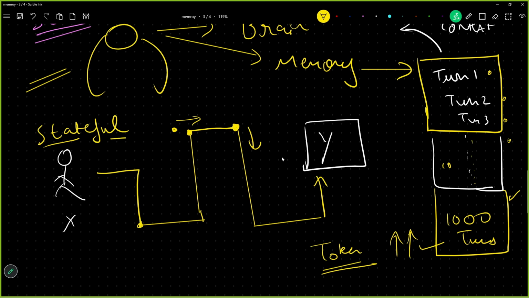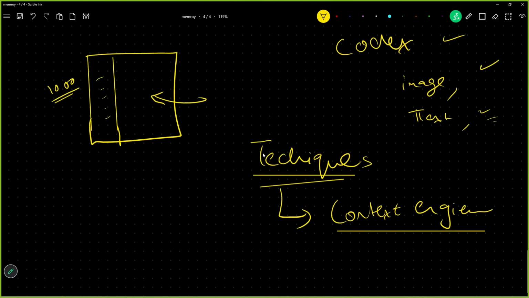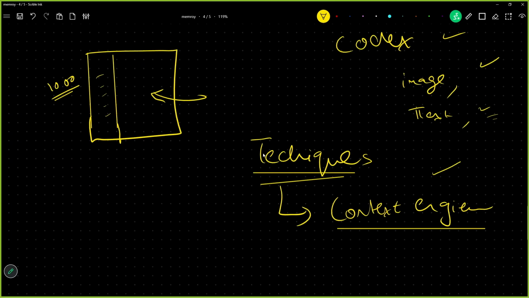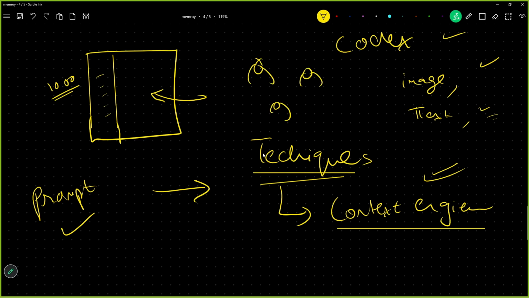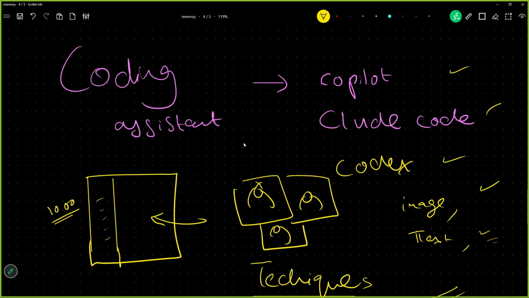So to manage all of this information in an efficient way so that the memory doesn't blow up, there are different techniques, and that is called context engineering. Prompt engineering is a different thing. Prompt engineering is where we instruct our AI agent how it is supposed to behave. But context engineering is where we manage how the AI agent is maintaining its memory across a single agent or multiple agents, right? This is what context engineering is all about. We will not understand context engineering now, but this was just an introduction to it, which is coming into the picture in a while.